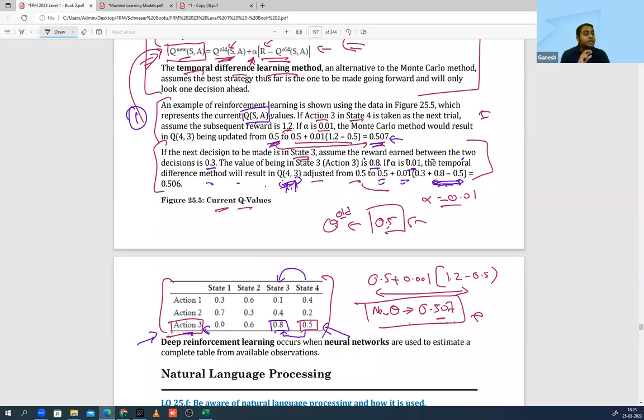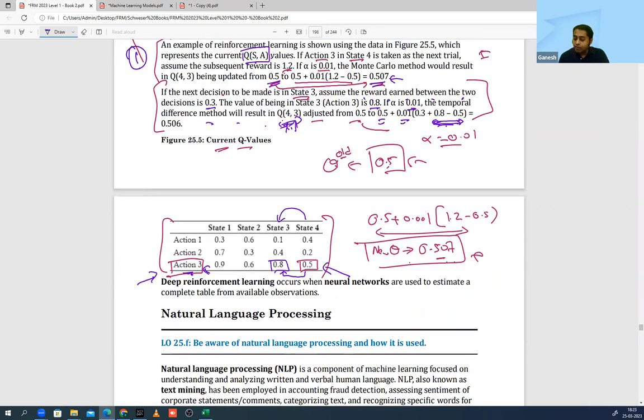Okay, so obviously now your behavior should change because the situation has changed, right? Lying in front of your friend and lying in front of your manager, the implication is different, isn't it? So depending on the situation you are in, the implication will also be that different, right? So over here what is happening? Okay, I am moving from the old data, meaning old state 4, to state 3. So basically I'm taking this difference, 0.8 to 0.5. What is this difference? This is the difference between the states. On the same action, you compare the two to see how much difference there is in your Q value, and in your decision making. That is happening over here.